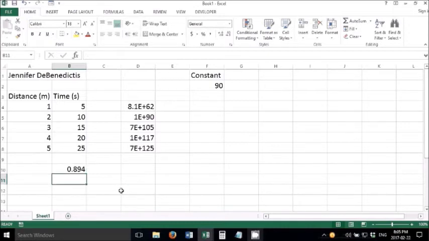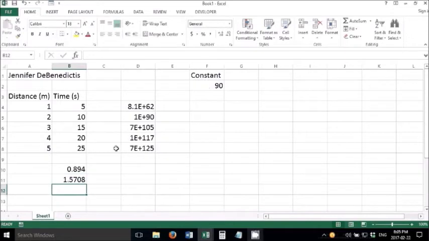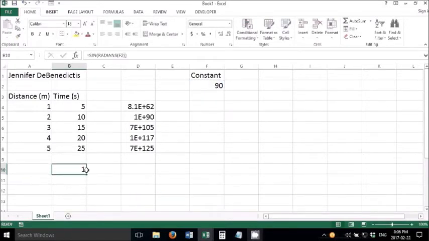Luckily there is a function that allows you to convert something to radians. It's just equals RADIANS, open bracket, add your value, and then close the brackets. And now it's converted it. You can actually nest these one inside the other. So you can go equals SIN, open bracket, RADIANS, open bracket again, then I add my 90 degrees, close both sets of brackets, hit enter, and now I get the value that I was expecting